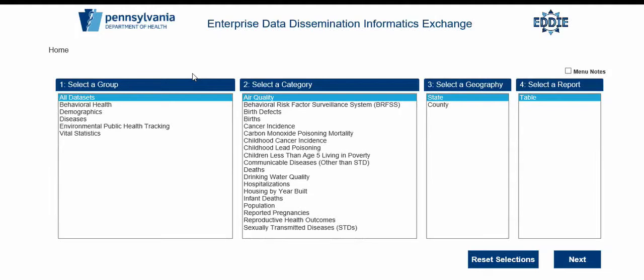Hello, and welcome to a tutorial on the Enterprise Data Dissemination Informatics Exchange, or Eddy. This video will cover how to create a chart as well as how to examine and understand that chart. This video assumes that you already know how to navigate menus and to select a dataset and create a table